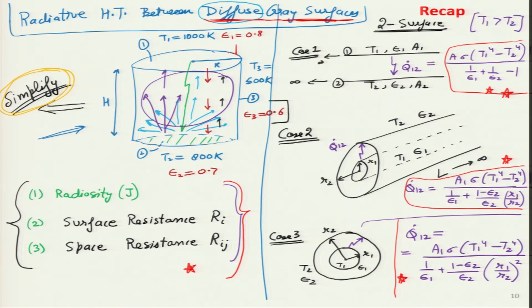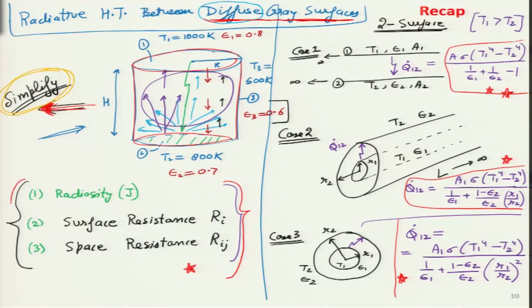This was our same example of a cylinder enclosure with the top surface at a particular temperature, bottom surface at another temperature and the side surface at the third temperature. And we were motivated to simplify this problem because using the traditional method of ray tracing, it sounded very difficult because all sorts of reflections were taking place from all surfaces, because all of them are diffuse as well as gray. Then we looked at these three concepts and with the help of these three concepts, it seemed very hopeful that it would become very much simplified.